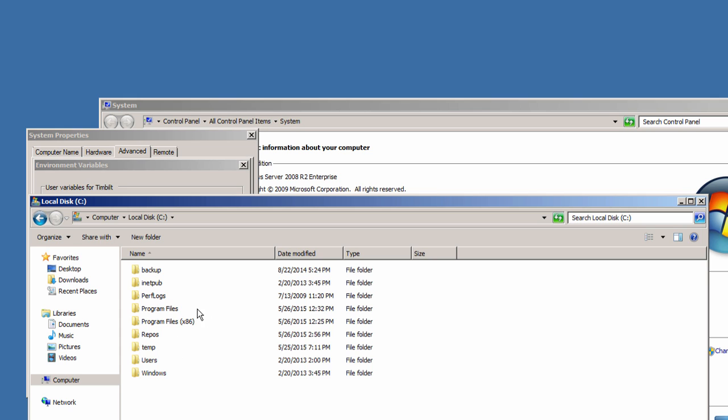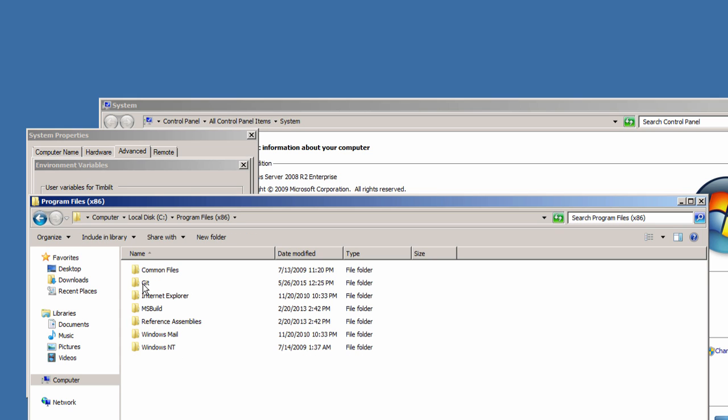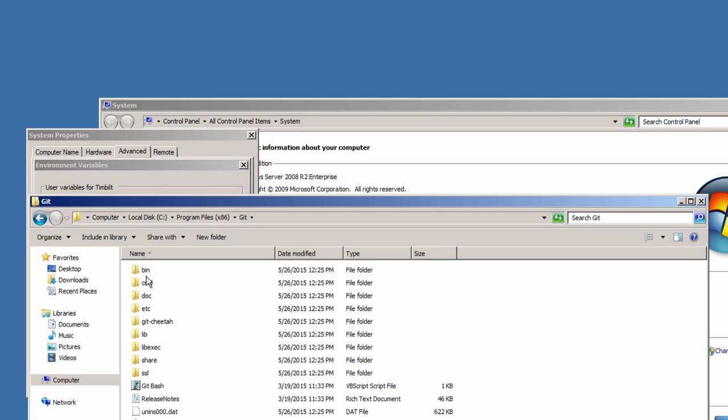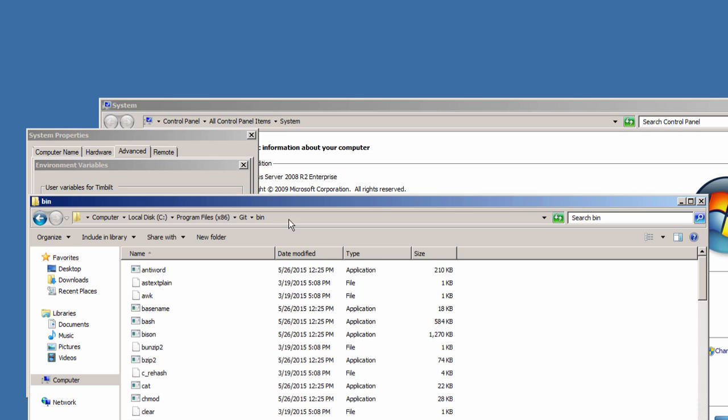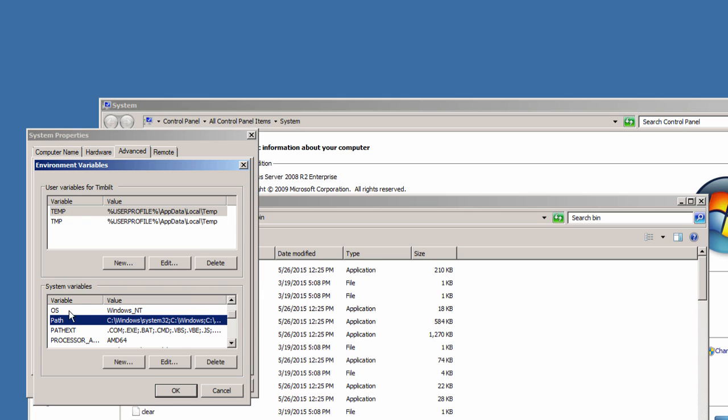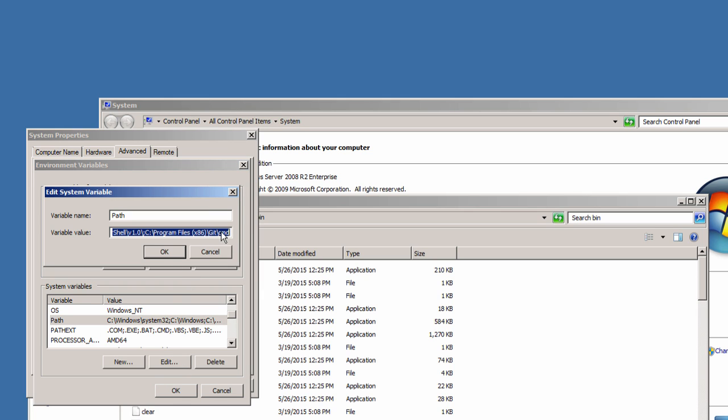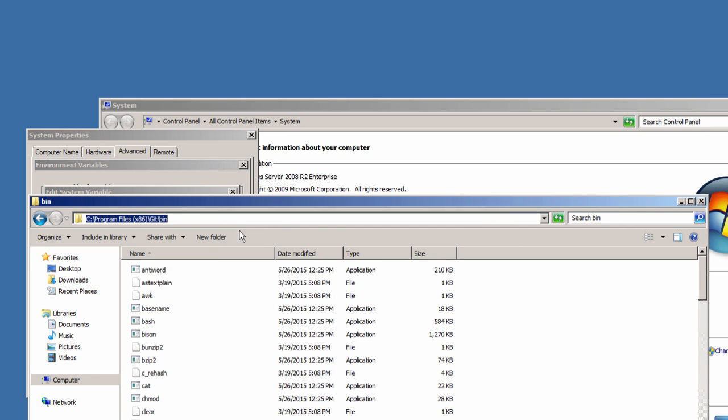Alright, so let's just open up the Git folder. We're going to add the bin directory. Let's copy this. I'm going to append that to the path. So on the path, just click Edit and go to the very end. Put a semicolon. The path is semicolon delimited, so we separate each path by a semicolon. Let's paste the bin path, put another semicolon,